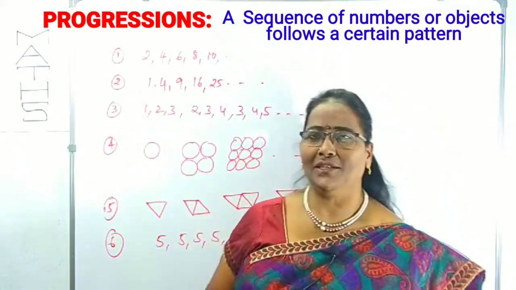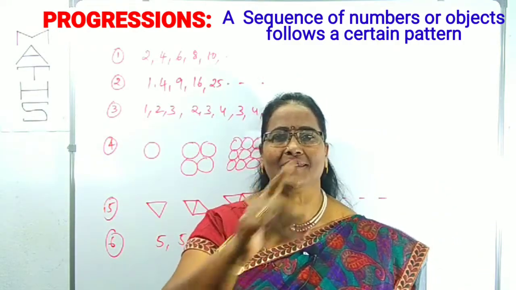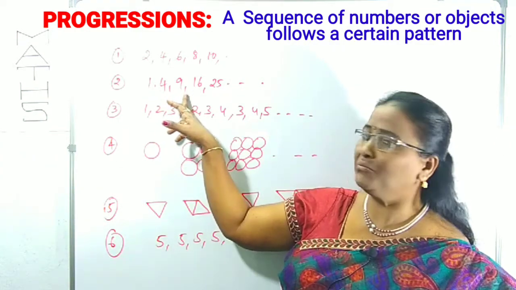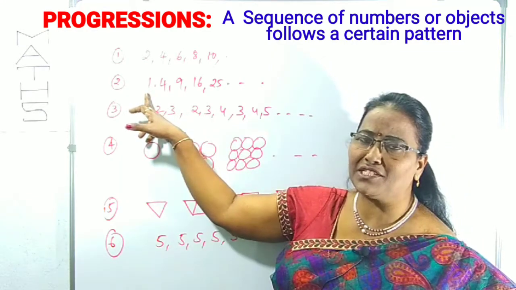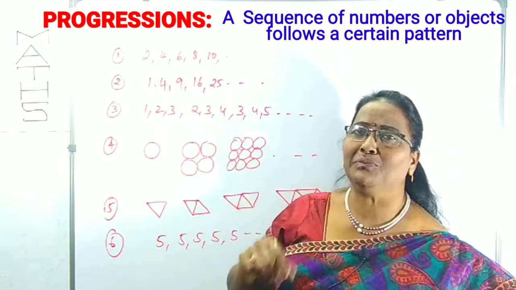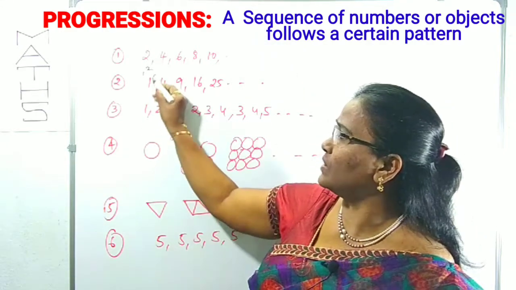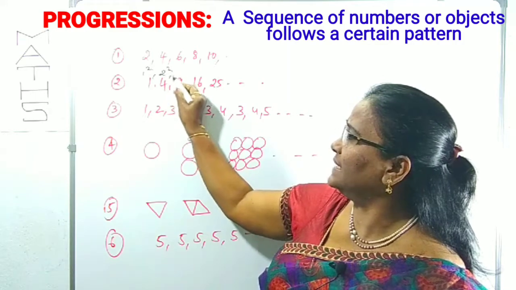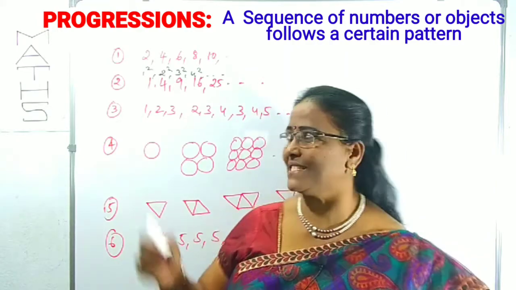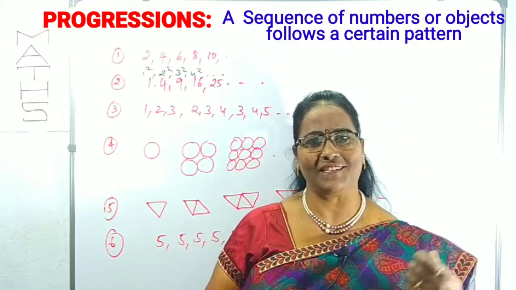Now we can look at question number 2. What can we observe here? Anyone can guess? Exactly. First term is 1, second term is 4, third term is 9. Means you can observe that the first term is simply the square of 1, the second term is the square of 2. So this will be 1 square, 1 square is 1 only, 4 we can write as 2 square, 3 square, 4 square. Squares of the natural numbers: 1, 4, 9, 16, 25 and so on. This is also one type of progression.